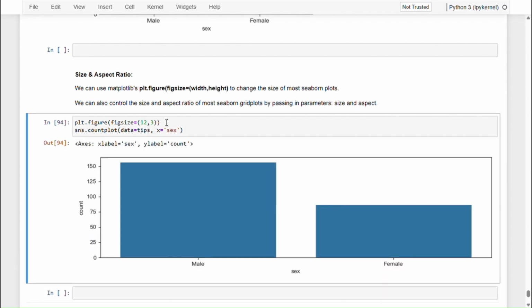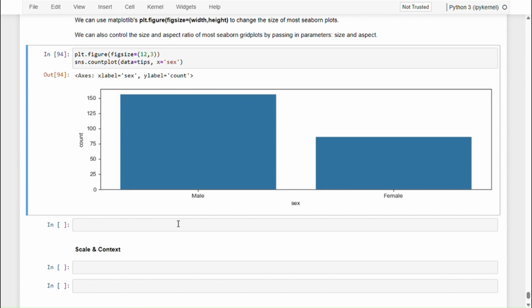Let's go with 12 by 3. This will have a lot of width. The width will be 4 times the size of the height here. So this is 12 inches by 3 inches. Now this will work for non-grid plots, but if you have a grid kind of a plot,